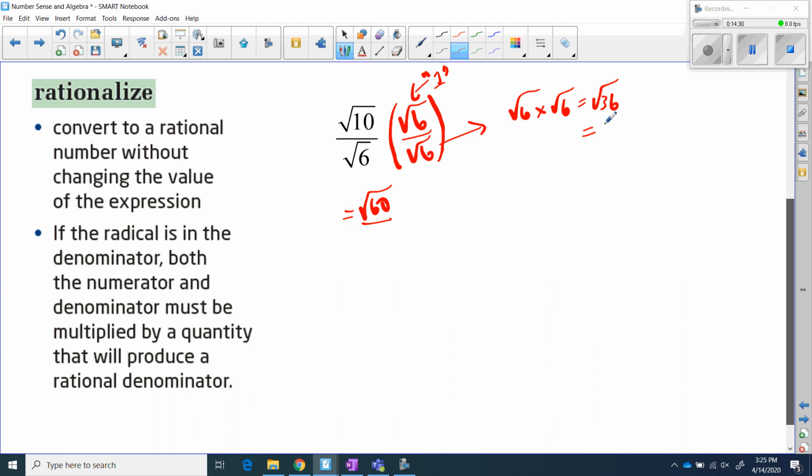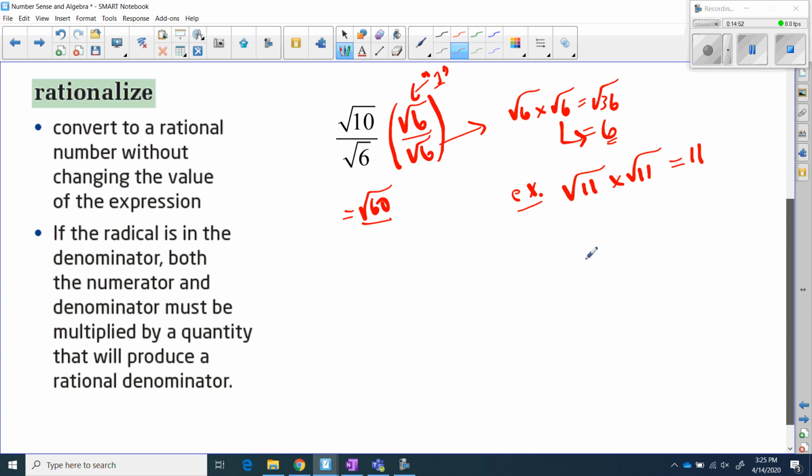The square root of 36 is just a 6. If you have the square root of a number and you multiply it by the square root of the same number, you should know without even hesitating, it's just that number without the radical. So for example, if we had the square root of 11 and I multiply it by the square root of 11, I don't have to multiply that all out. I know the answer is